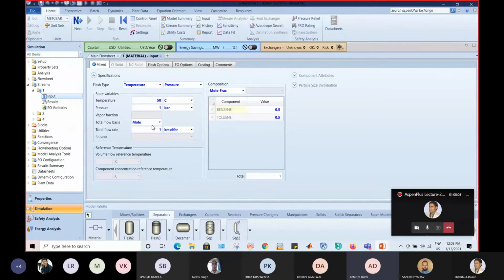So the total flow rate is 1 kilomole per hour, and among this 1 kilomole per hour, I have my mole fractions as 0.5. That means the stream 1 is at 50 degrees Celsius, 1 bar pressure, flowing at a rate of 1 kilomole per hour, in which the mole fraction for benzene is 0.5 and the mole fraction for toluene is 0.5. Okay. So once I hit the next button,